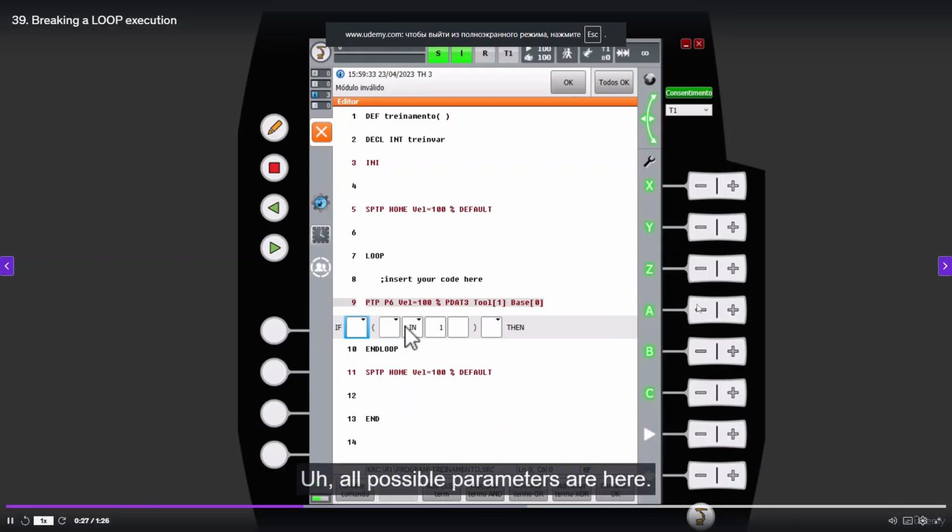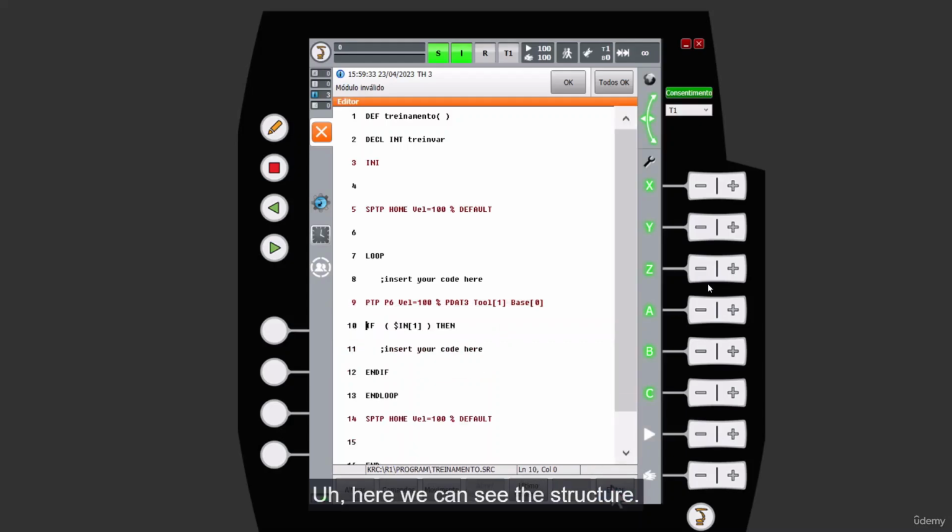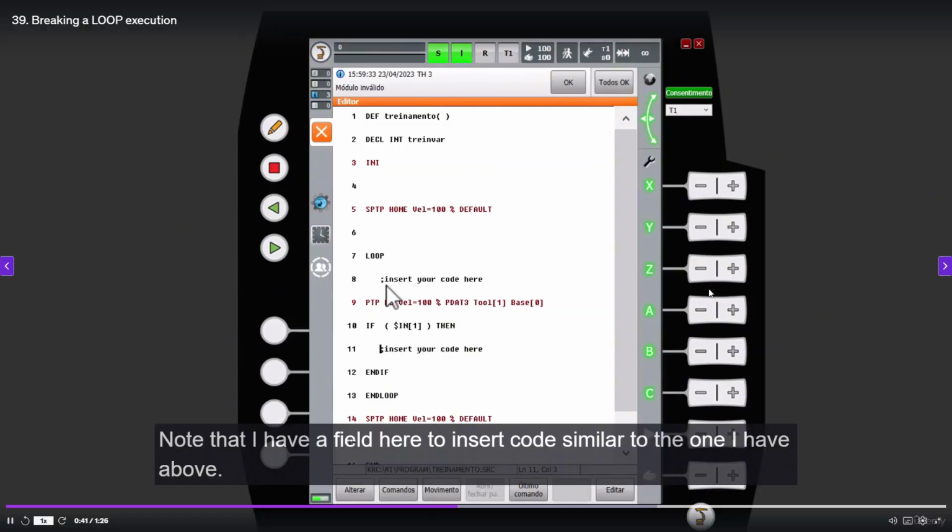All possible parameters are here. I will start it like this for us quickly. Here we can see the structure. Yes, here we can see the condition. And if this condition is true, or this logic operation is true, note that I have a field here to insert code. Similar to the